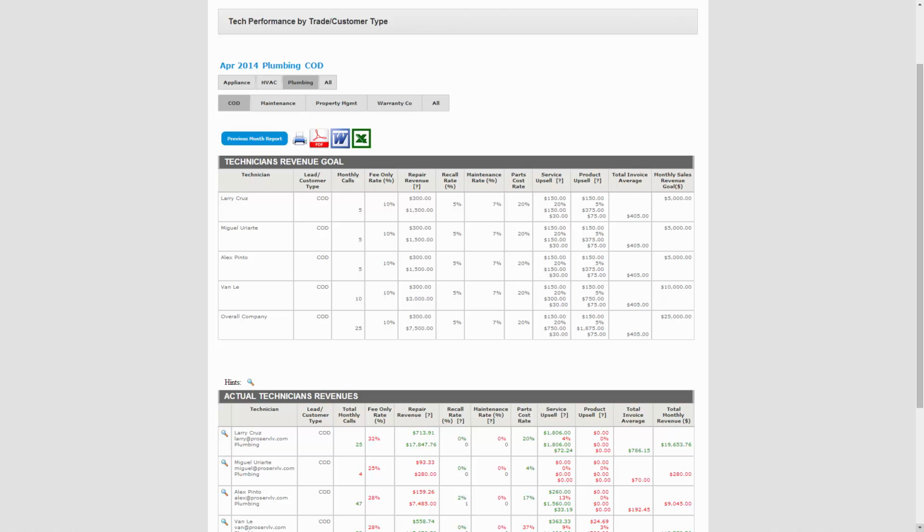separate or all together. This is a great report because it compares the technicians to their coworkers and creates friendly competition. This friendly competition creates results which translates into higher profits. By analyzing this report, you could see if the technicians are reaching their goals and conversion ratios by trade and customer type. Goals are on the top portion of the report with the actual numbers showing in the lower section